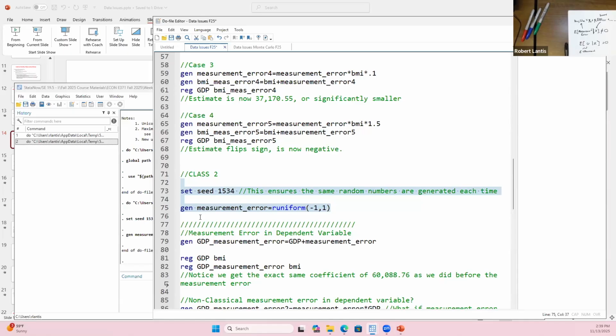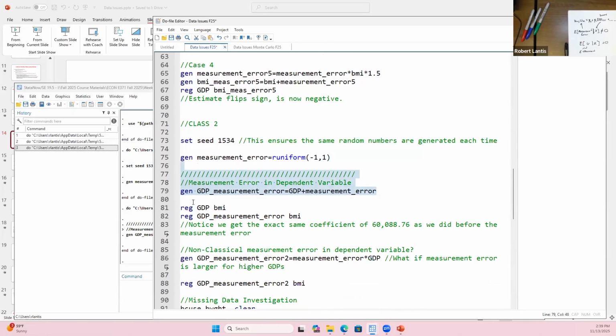It's completely random. So when I create this new GDP measurement error variable, when I run these two regressions, one with the actual GDP and one where I have the measurement error that was classical, what should be true about the coefficients? We said if it's classical measurement error in the dependent variable, it should be the same. Should be the same. So hopefully,